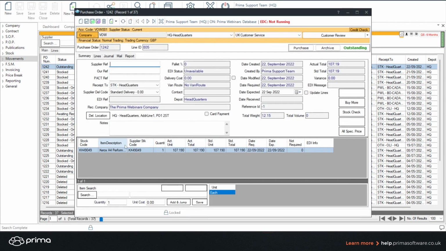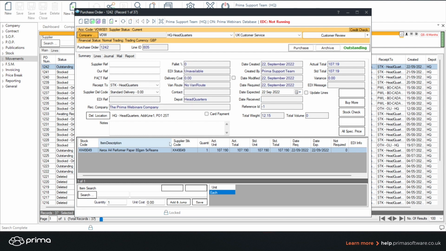so you can see on the purchase order, the stock code is the buying code that we selected. It's got the description and the cost price of the child code that we're buying on. So if I hit purchase,